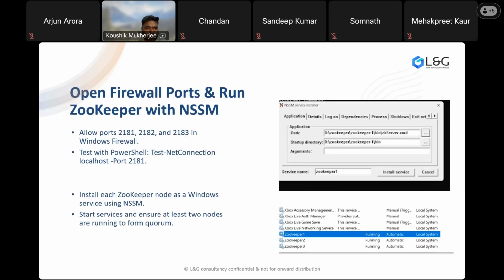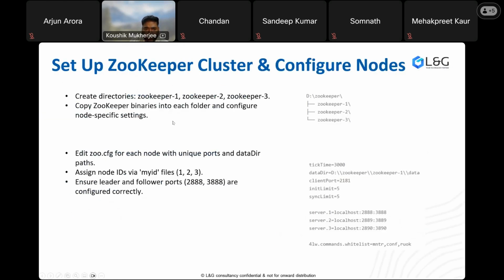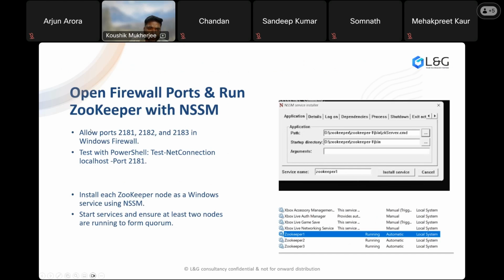Once this configuration is done, you need to make sure of the ports. We are running all these Zookeepers on ports 2181, 2182, and 2183, so you need to make sure these ports are allowed from your Windows firewall. You can also test it: just run Test-NetConnection localhost port 2181 from PowerShell. It will give you the current status, whether it is open or not. Once all three nodes are open,